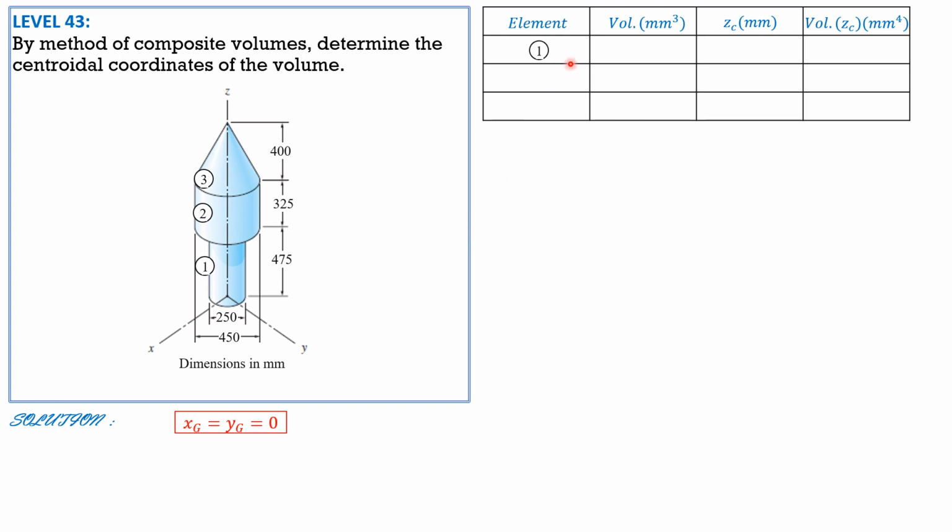So for element 1, the volume is pi r squared times height. The radius is half of 250, 125, squared, times height 475. Using your calculator, pi times 125 squared times 475 is 7,421,875 pi. Then G sub C is half of 475, 237.5. Then the product, volume times G sub C, is the value here,